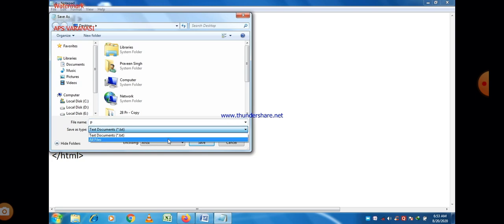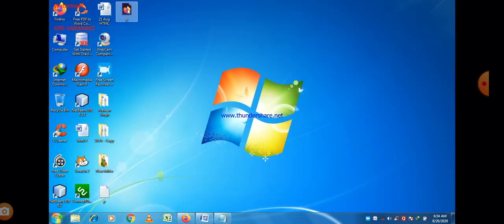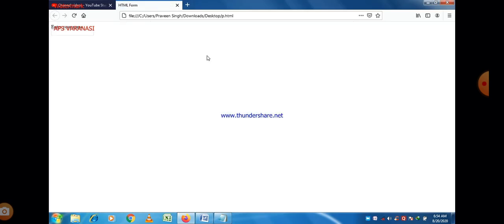We give the name of the file P, and the name of the program is now p.html. HTML is the extension of that file. Both files are on the desktop. Now just execute this program. You can easily see here, this is our output. In this we can fill any text, you can write a name.